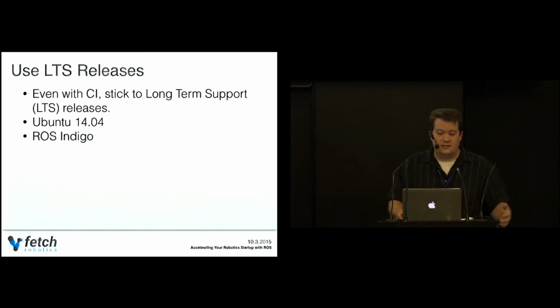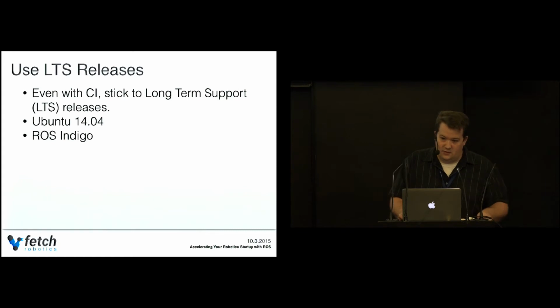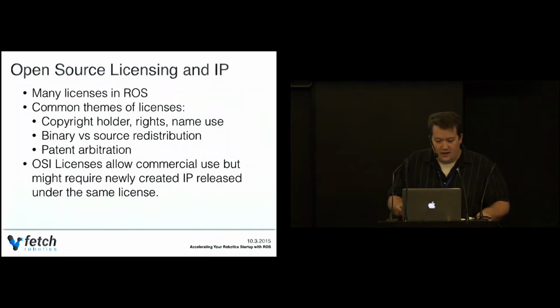Even when you're using continuous integration, there are some other rules that you should really follow. Use the LTS releases. They're going to be around for a while. They should hopefully be a lot more stable. That goes for both Ubuntu and ROS. If it takes you 6 to 12 months to actually roll a new version out, well, Jade is going to be gone in like a year and a half because it's already 6 months old. And so those items are basically addressing the first two issues.